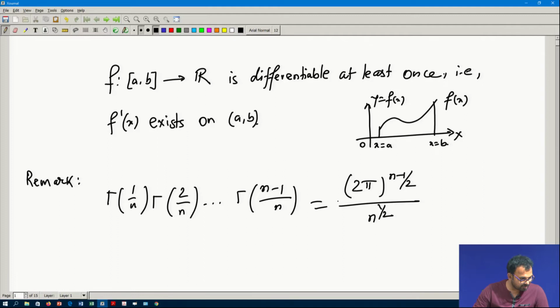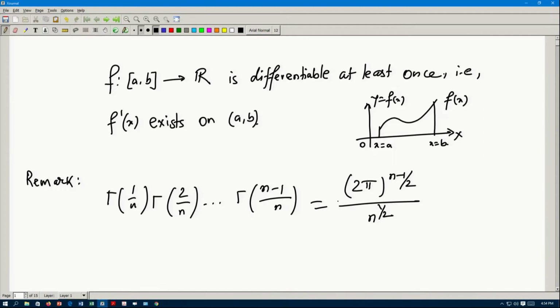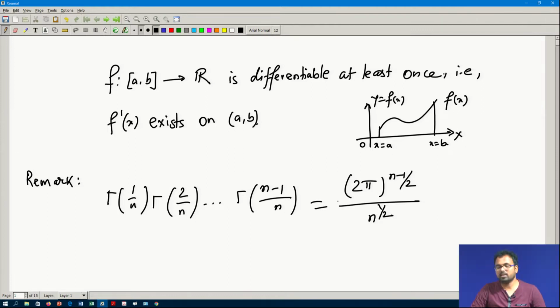One more question. Can you explain assignment 2, question number 9? So, let me open assignment 2, question number 9. So, here the integral from 0 to 2 of dx by 1 minus x square: is it convergent? This one is quite simple to check. Check the convergence at x equals 1 and that will give you the answer whether it is convergent or not, and you also have to submit the answer so that the evaluation can be done.